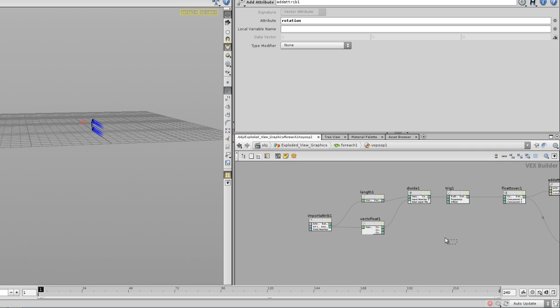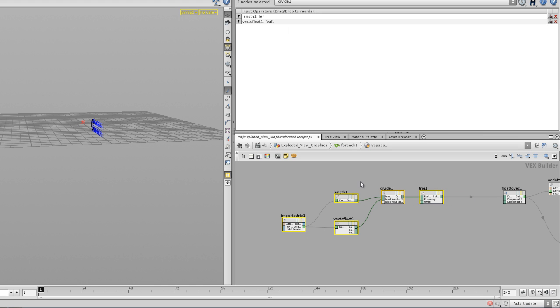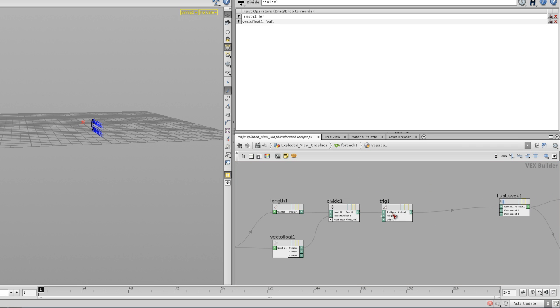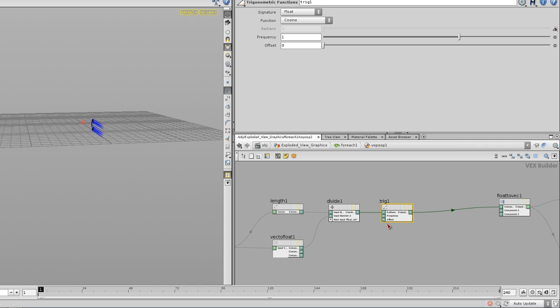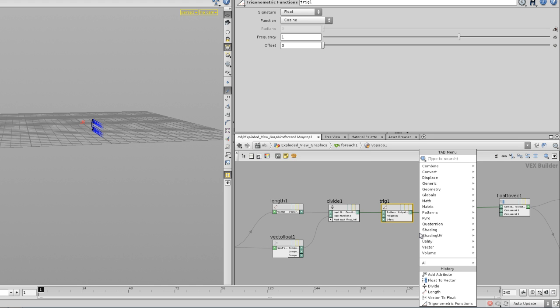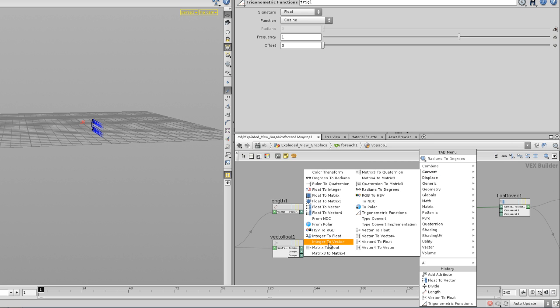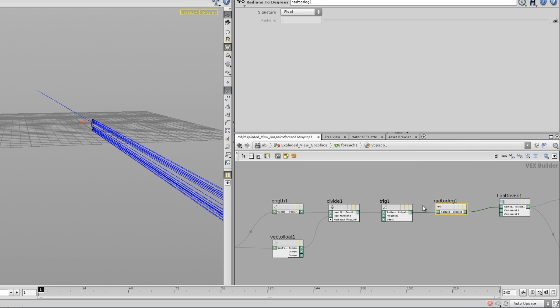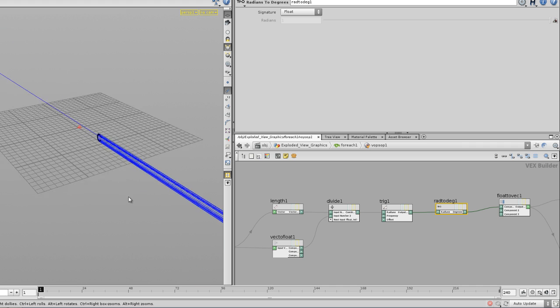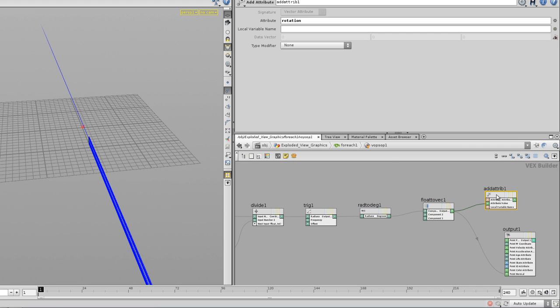Now the only thing is, if you did this whole thing at the point top level, Houdini would convert everything as needed, because everything right now is being calculated in radians. So we actually need to go ahead and convert this from radians to degrees. And now, if you visualize this add attribute over here on the VobSop,